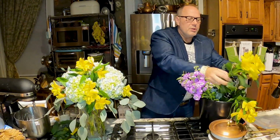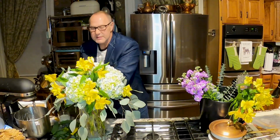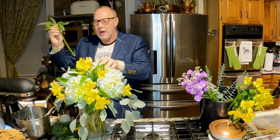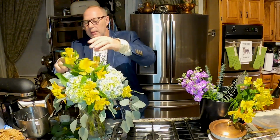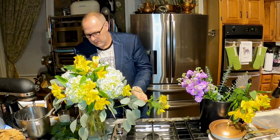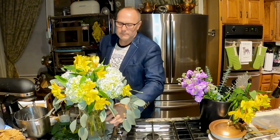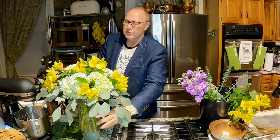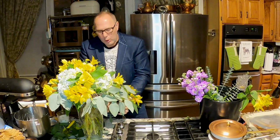So there's usually, when you get the Alstroemeria lilies, 10 stems in a bunch, and you will be amazed as you watch these flowers progress in size over the next few days. They really are just gorgeous. And I love this color combination, so that's why I went with this color combination. They had roses, but